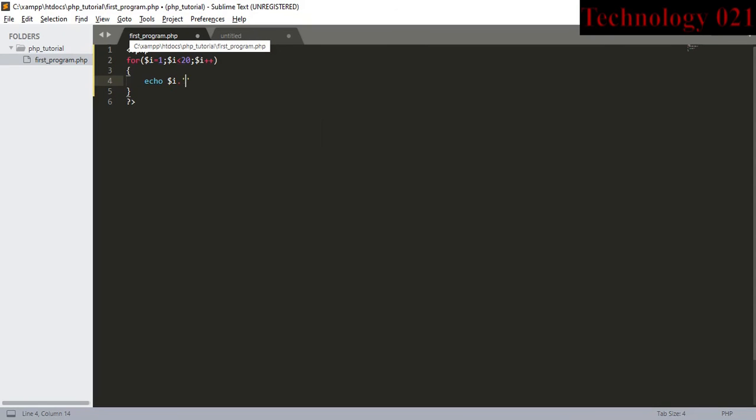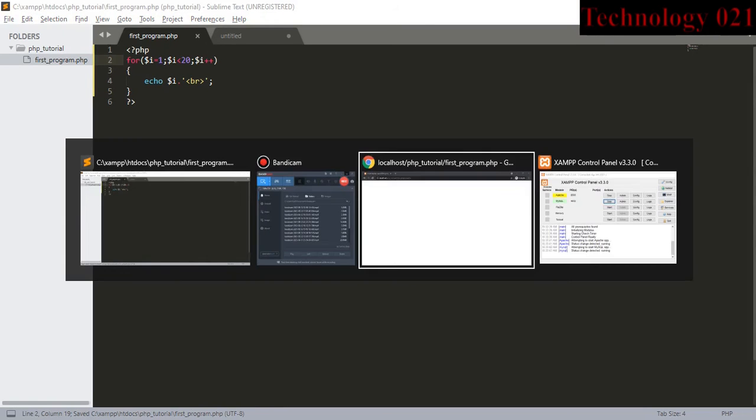Concatenate br. Now it should start from 1 and end with 20, and it increments by 1. So it should generate numbers from 1 to 20. Let's save and see this output. It should generate numbers from 1 to 20. Yes, it generates numbers from 1 to